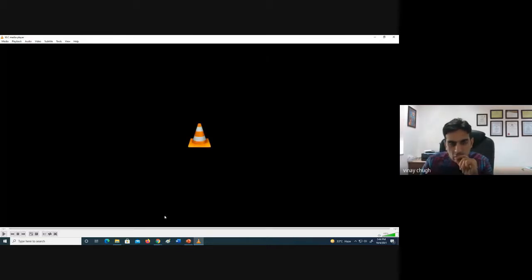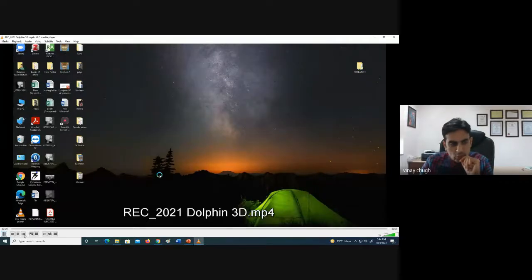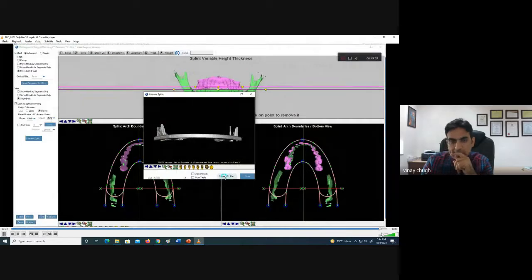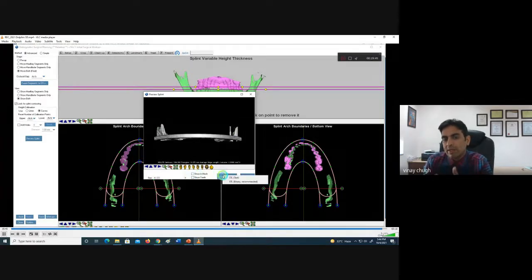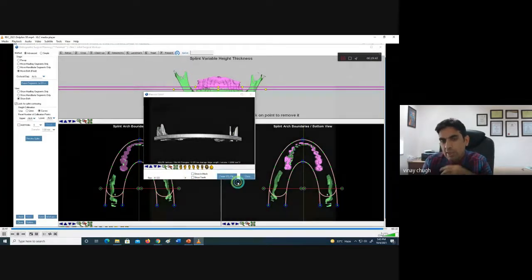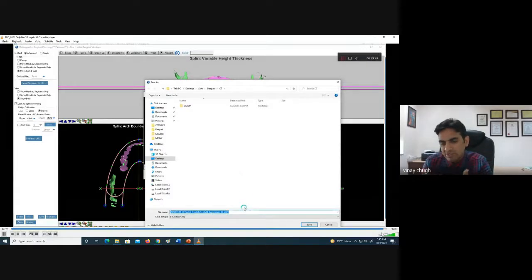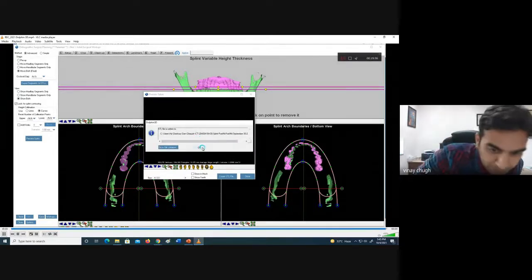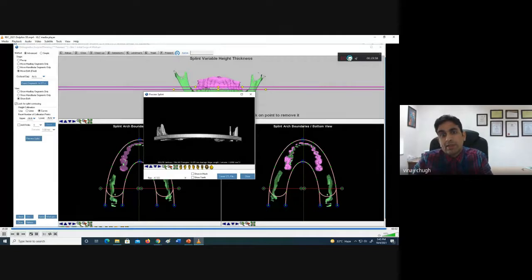So once you do that part of the occlusion part, your splint will be more accurate. You can make it without that also, but then you may require a little bit of adjustment during the surgery, or you may struggle a little bit. But if you have 3D model data, then it becomes easier for you to have a good surgical splint.